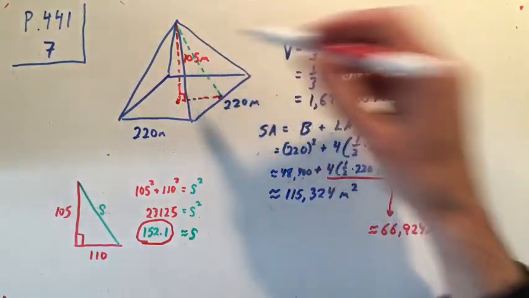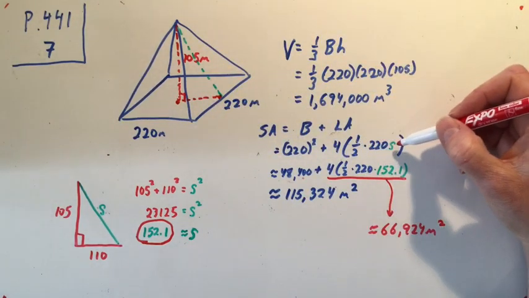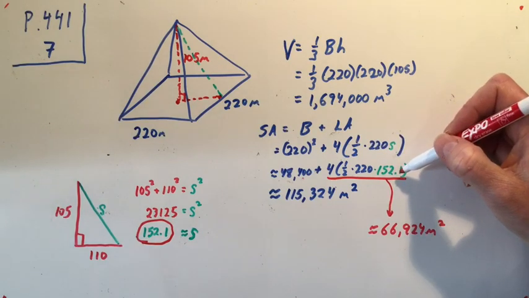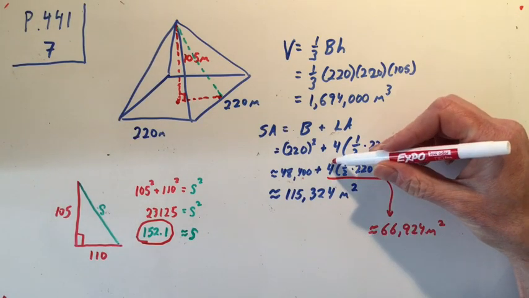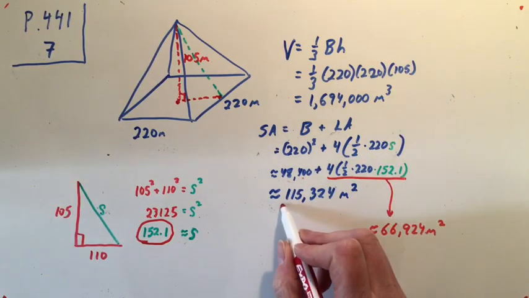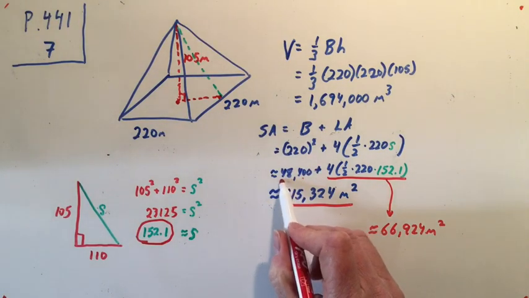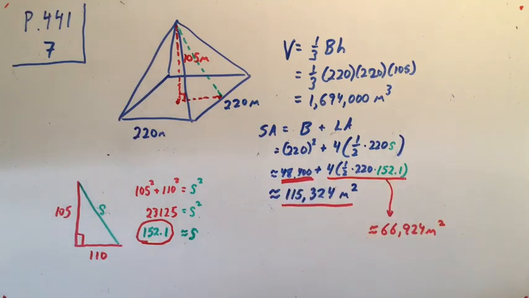So when I put it back into my formula, each of these triangles is going to be 1/2 220 times the slant height, 152.1, and there are 4 of them. So 4 times the area of one of those triangles, and that gives us a total of 115,324 square meters. Now it is debatable probably whether or not we really need this base area for the pyramids,